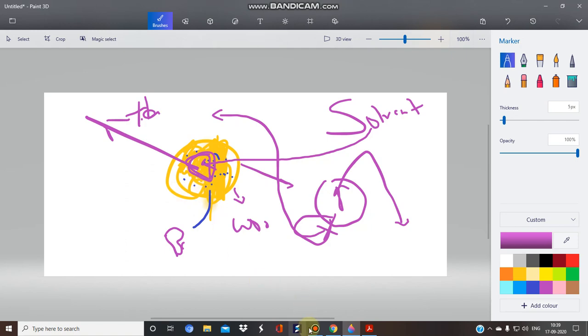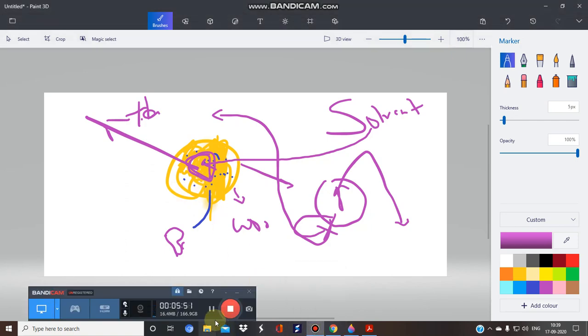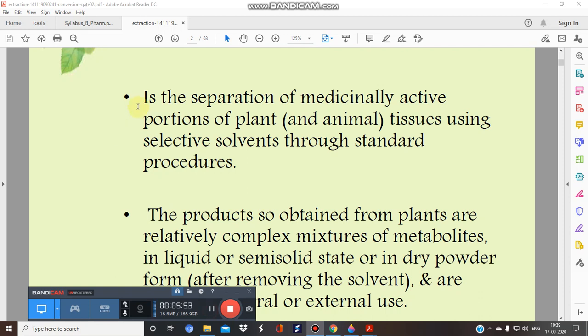Let's go through them in detail. So let's see what extraction is. It is the separation of medicinally active components from plant or maybe animal tissue using a selective solvent through a standard procedure. So we have to follow a particular SOP for a particular extraction method.